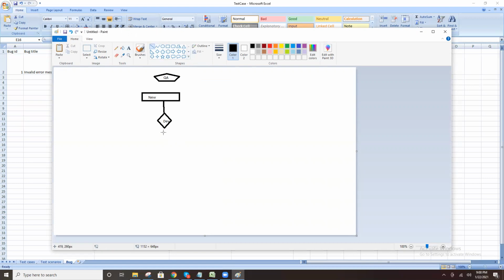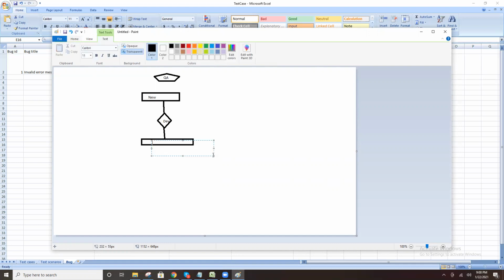Then the bug status is Open, not New. The status will be changed to Open.